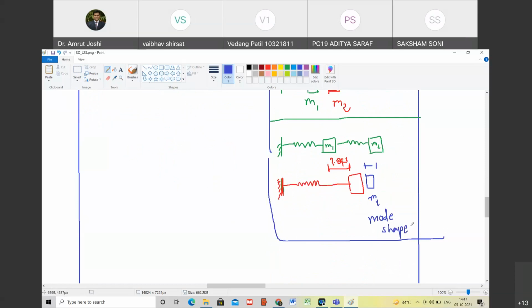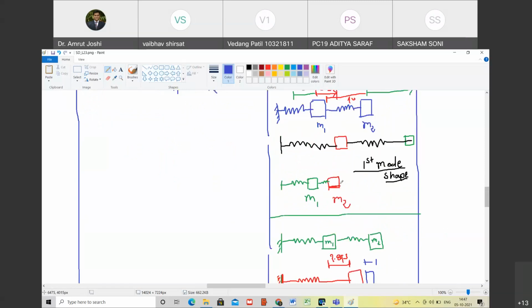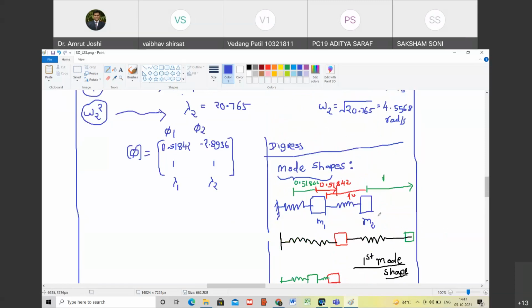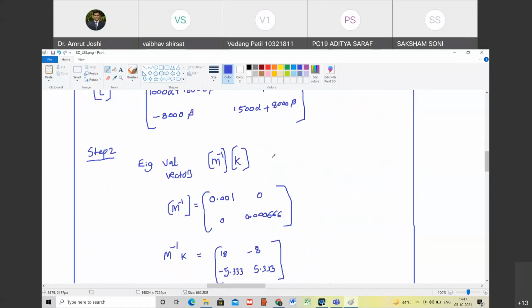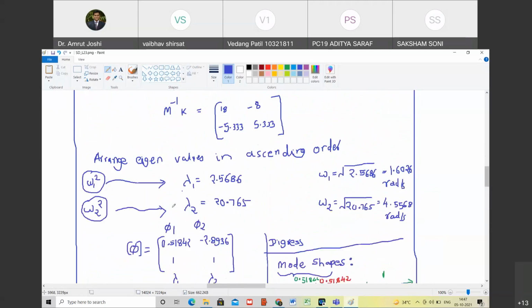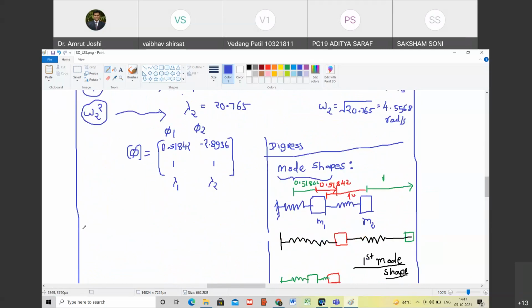So in the assignment, I want you to draw this with scale. So mode shape 1 and mode shape 2, scale के साथ draw करो. Are you with me? Okay, sir. Okay, so we have found out phi now. We already know the M matrix and we already know the K matrix. Are you with me? Yes. So what is the next step? Next step is we are going to find out phi transpose M phi.